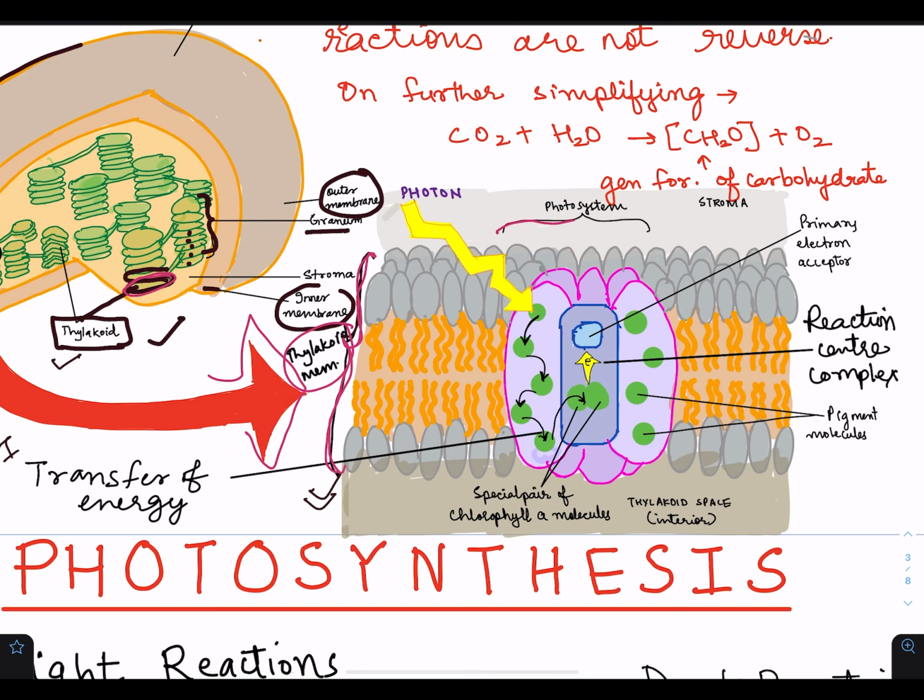Here, in this thylakoid membrane, we have this structure in which we have the photosystem. The photosystem lies here. When a photon will come, then this photosystem will get activated, and the detailed process we'll study later. But just to connect you to the whole thing, I've drawn this diagram over here. This part is the interior of the thylakoid. This part is the stroma, right? The special pair of chlorophyll A molecule,